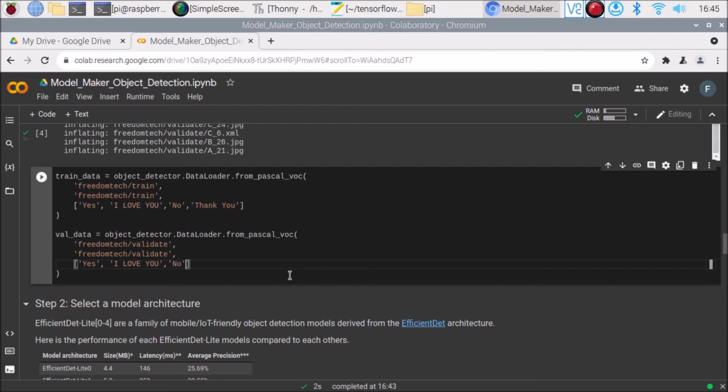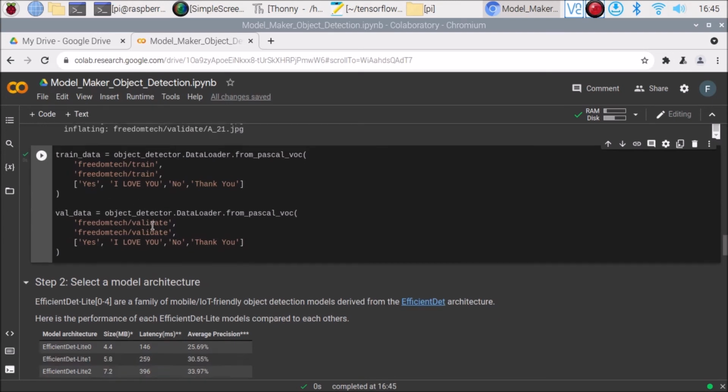Okay, and the last one is... Okay, this is how you need to mention the object names, like this way. Simple. So if there is an error, we will get the error, but there is no error. As you can see, the green tick mark means we have successfully mentioned our object names.